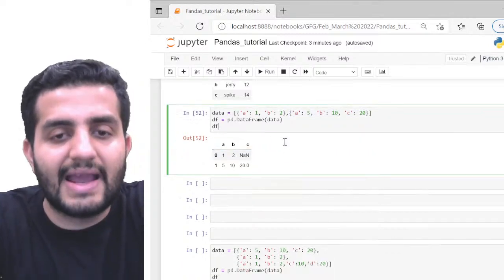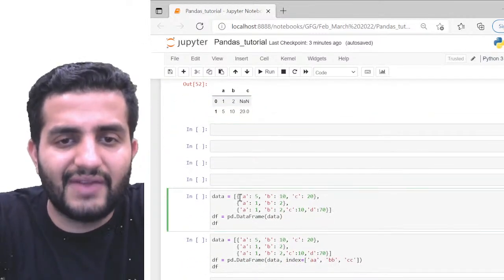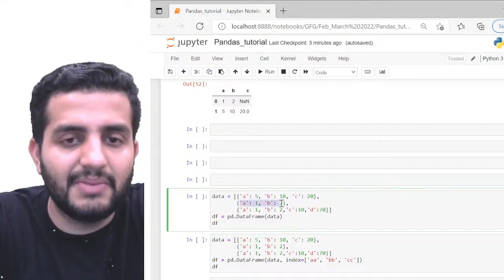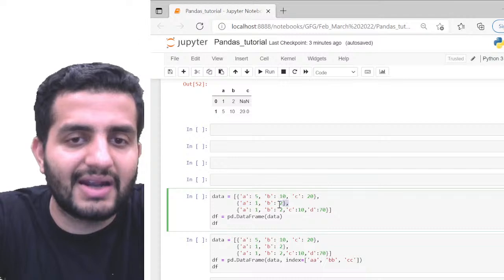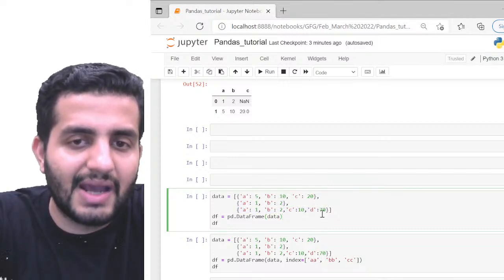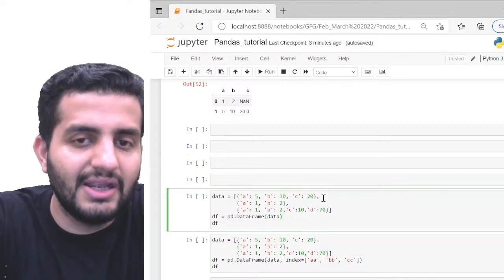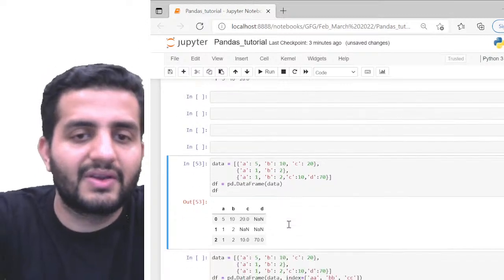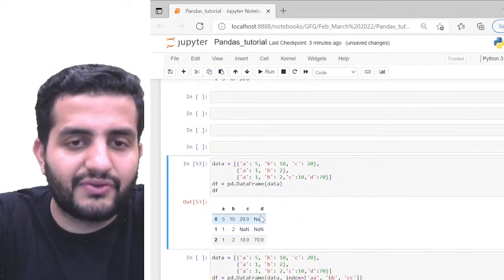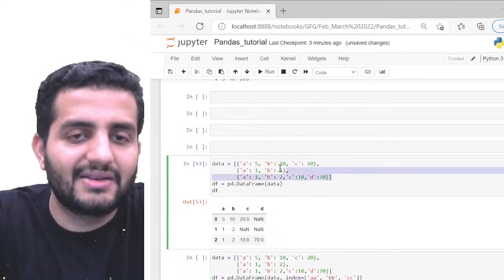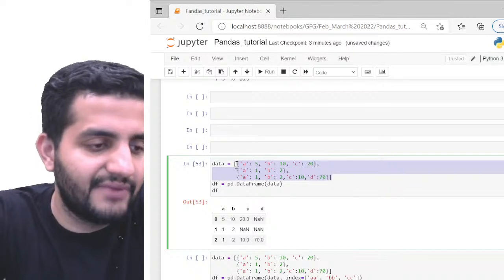Okay, so likewise, you can see here again, I have A, B, and C. The first row will be A, B, and C. The second row will be A, B, so again for C, NaN will get added. Now I have the third row, 1, 2, with A, B, C and D. So now D will be added, and to compensate for D, NaN will be added for both the first row and the second row, right? Same thing, you can see this. For the first row and the second row, C and D both will be added as NaN, because this is how I'm passing the list of dictionaries here in the form of data.